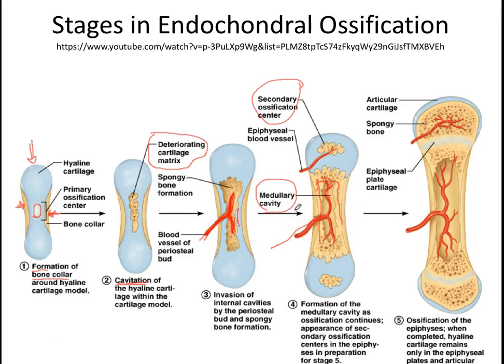Okay. And then basically that continues. So basically, bone continues to grow toward the epiphyses, and then the epiphyses themselves will grow until all that you have left is sort of that area in between the two, right? So you have one at the proximal end, and then you have one on the distal end, okay? And those are our growth plates. And then the last sort of bit of cartilage that remains too is at the very ends, and that becomes